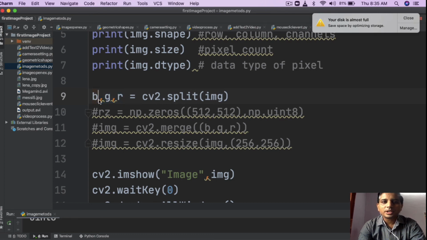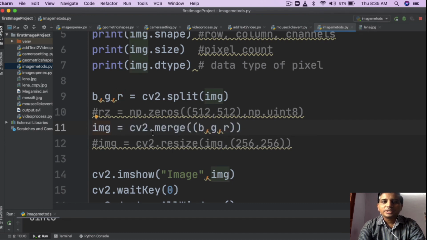So the blue value we get in B, the G value in G, and the R value in R. Then after that, there is also a merge function, cv2.merge. This merge function takes the 3 BGR values and merges them, and you get the one image again.